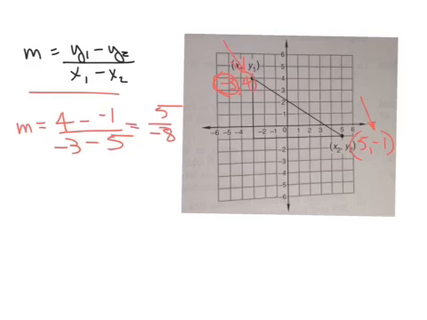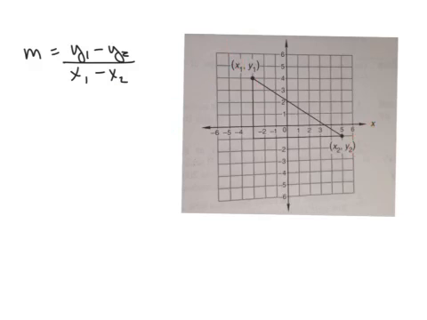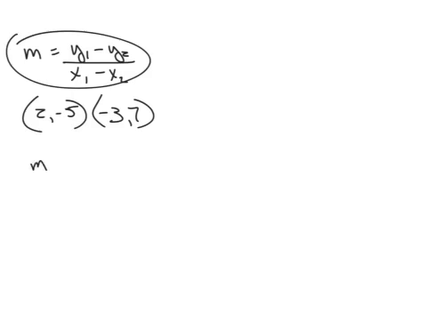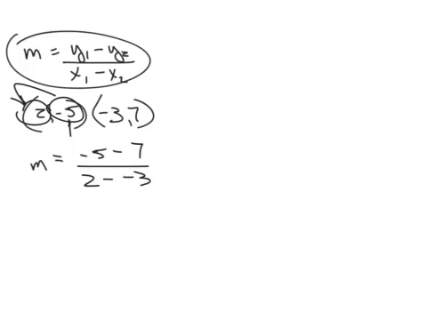Now let's try one without a graph at all. We're going to throw out the graph completely using that formula, and let's say that I give you 2 points. Give you that one, and give you this one. Okay, so using this formula, we're going to have m equals one of our y values. Let's use the -5 as our first y value, minus another y value, and that would be 7, over one of our x values. So again, if I use this first, I have to use this one first, minus a -3. Don't forget to put the minus in here. This one doesn't necessarily take the place of this one. So then we get -12